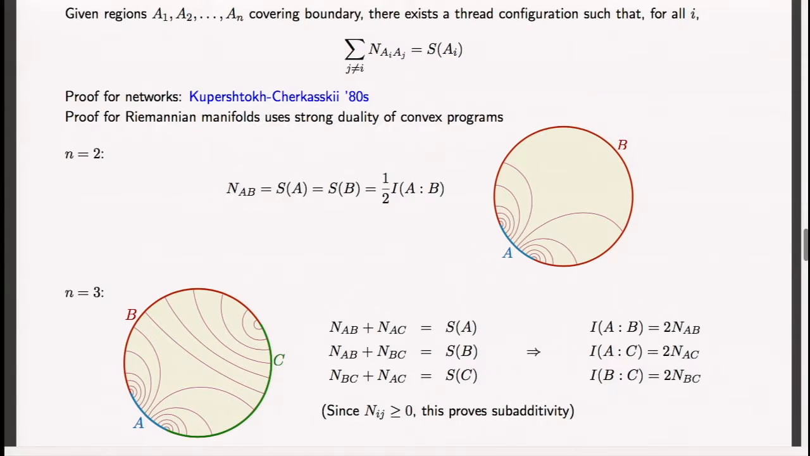So by the way, this proves subadditivity because, of course, these numbers can't be negative. I mean, there are much simpler proofs of subadditivity that don't use this fancy theorem and so on. But,